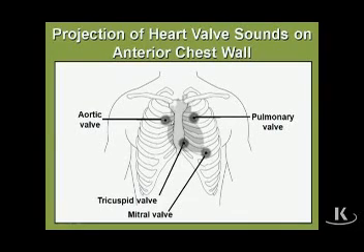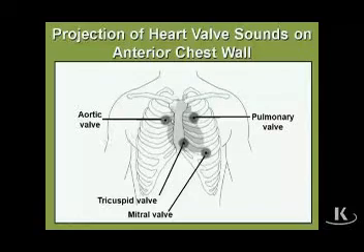So the blood is flowing to the ascending aorta, so we want to put the stethoscope over the ascending aorta. And we've said that the ascending aorta exits the heart and goes up and to the right. So if we want to be above the heart and to the right, we go to the second intercostal space, just to the right of the sternal margin, and that's where we would hear the S2 generated by the aortic